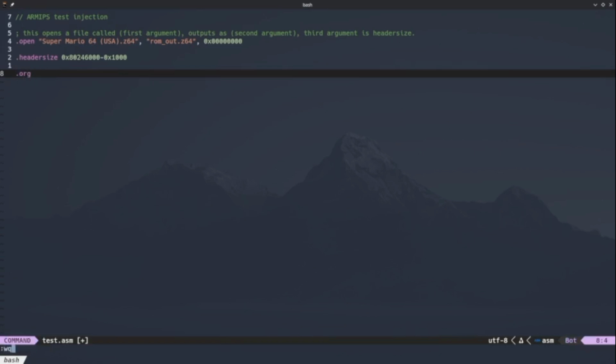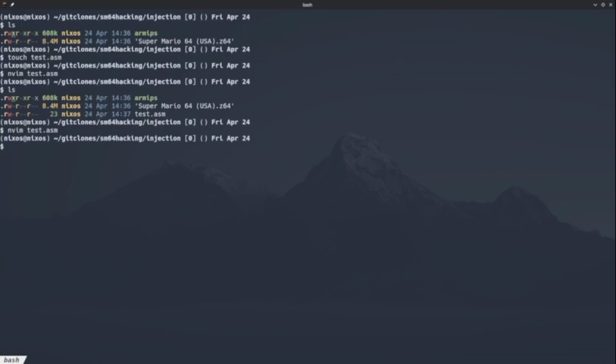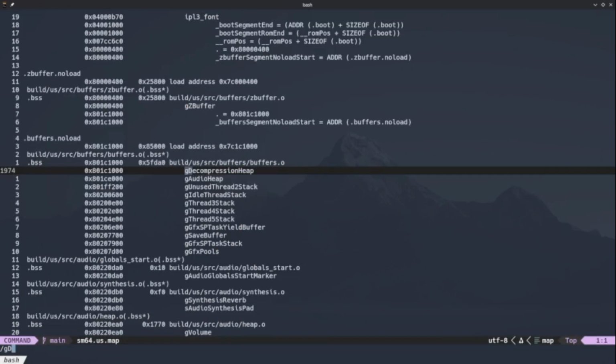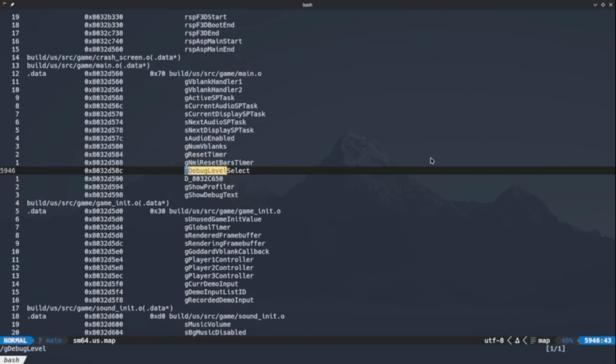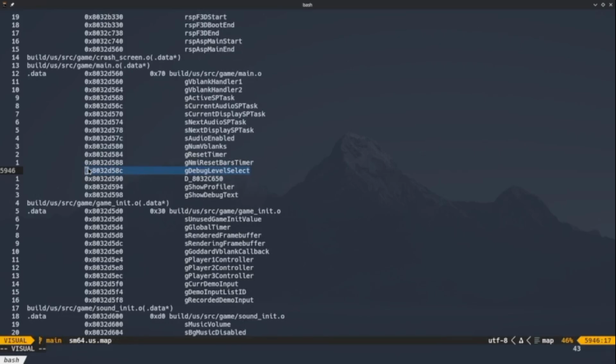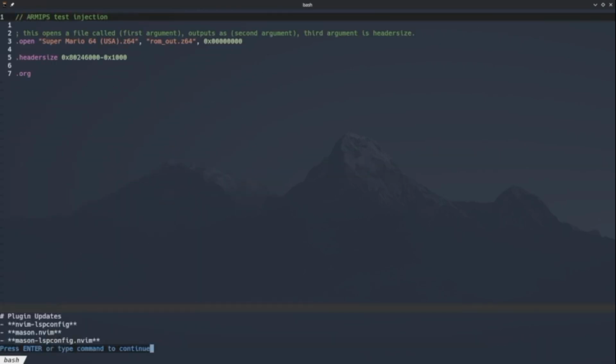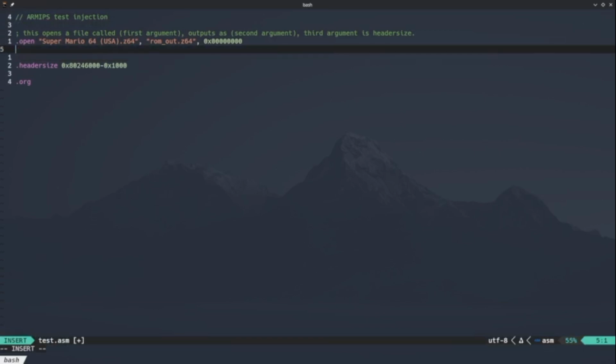Now let's find the address of gDebugLevelSelect. I'm gonna go to my decomp repo, build US folder, and go to the map file. Let's search for gDebugLevelSelect. I'm gonna copy this entire thing because I want to show you people something. If you make,